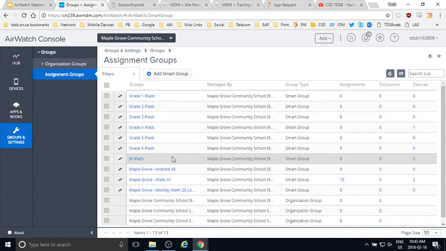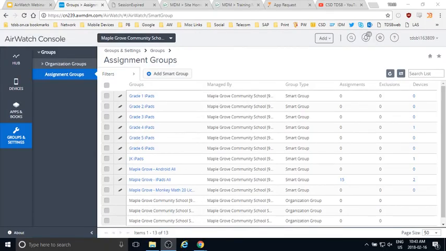You want specific iPads to have that app, because you've probably already chosen that you want those iPads to have that app for that classroom. So if you physically label your iPads, when they come into the AirWatch environment, it'll be much easier to manage them.